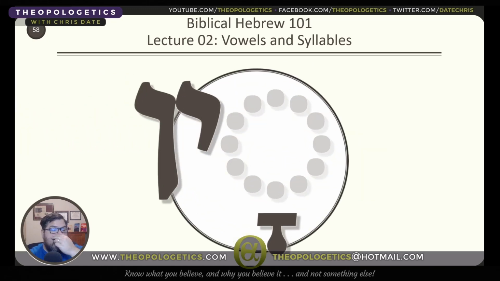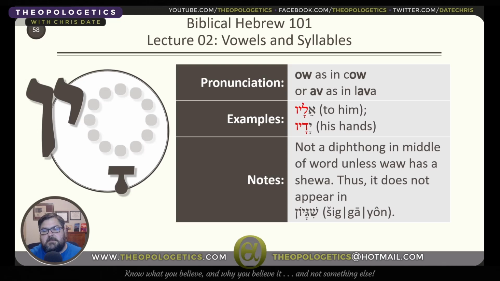Next diphthong is a kametz, followed by a yod, followed by a vav. Now, this is going to be pronounced differently depending upon how you've chosen to pronounce the vav. If you take the older biblical studies way of pronouncing it like the letter W, then you would pronounce this diphthong as ow, like cow. But if you pronounce the vav like modern Hebrew speakers do, like the letter V, then this is going to be pronounced av, like in the word lava. So the Hebrew words elav and yadav, or to use the other pronunciation, elau and yadao, both of those words